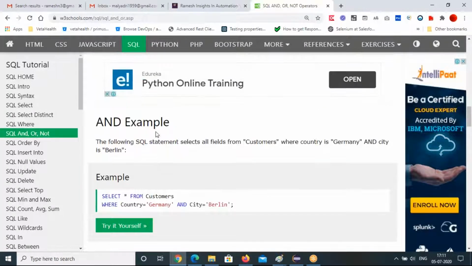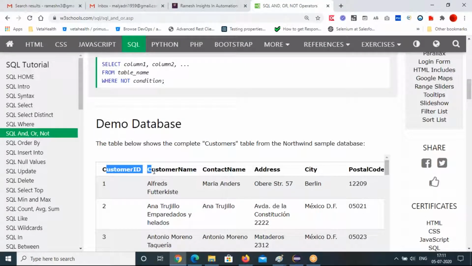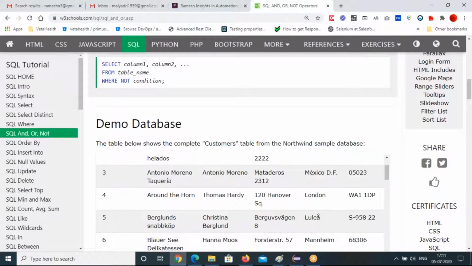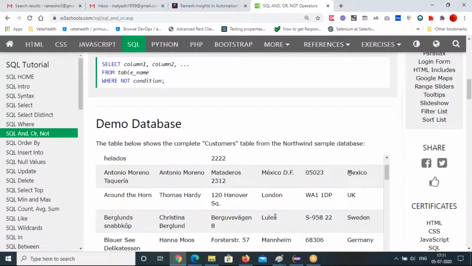In the above table, you observe that we have customer ID, customer name. These are all the headers, right? Columns. Column 1, column 2, column 3, address, city, postal code, and country also. On the right side you have the country.